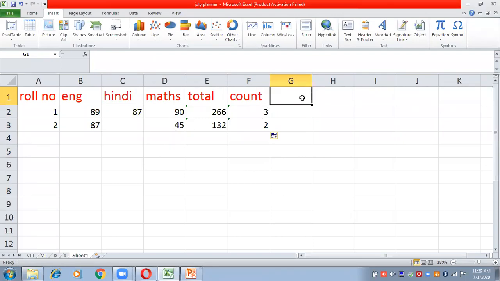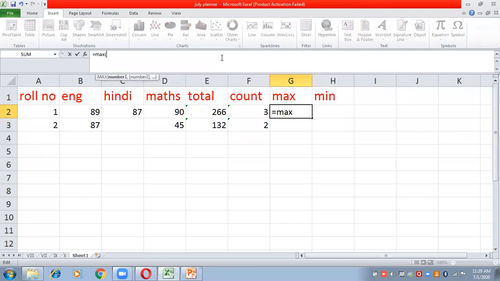Next are the max function and min function. Now how to write the max function? Equals to max, bracket start, first cell, colon sign, the last cell D2, bracket close, enter. This is the maximum marks of the child.